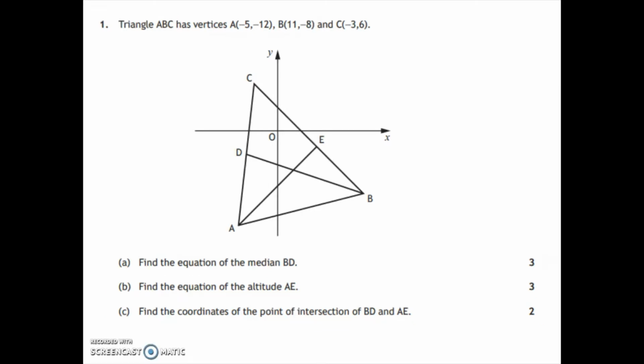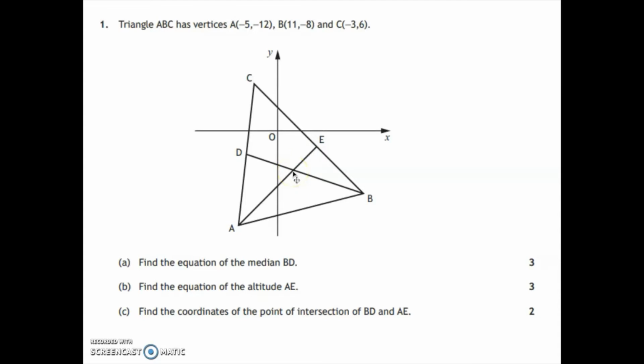This is a very common question in the higher course. I'll take you through each of the parts for it and show you where you're getting the marks for. So the first bit's asking for the median BD, which is this line here. Part B is asking for the altitude AE, which is this line here. And finally in part C, you're looking to do simultaneous equations to get where these two lines cross at this